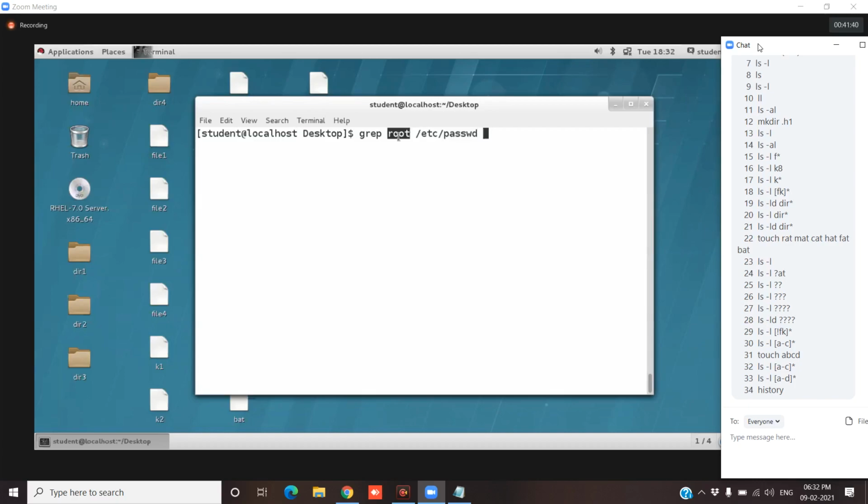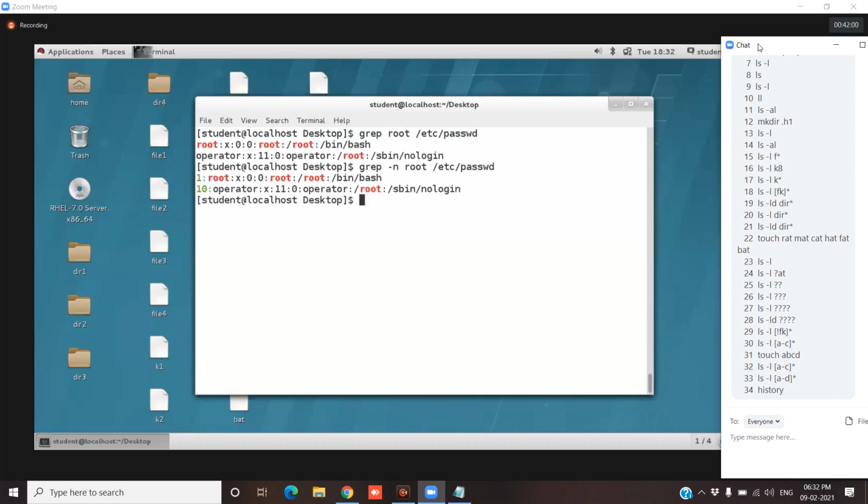Inside the /etc/passwd file, you can see here we have 4 words in 2 lines. If you require line numbers, you can use the -n option. We'll get the line numbers of this file. In the first line we have 3 words, and in the 10th line we have 1 word called root. The root word is highlighted. Like this, you can filter the word and lines according to your requirement.